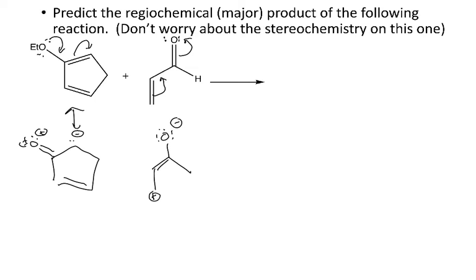Right, and now we have the situation where the partial negative charge on the diene is on the top, whereas a partial positive charge on the dienophile is on the bottom. I need those to match up, so I need to essentially flip one of them. I usually like to leave the diene alone. I'll flip the dienophile. And so now when I draw the product, of course, first I have a cyclic diene,